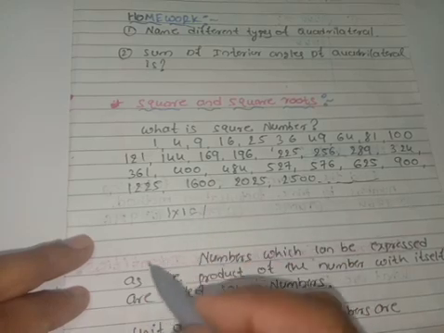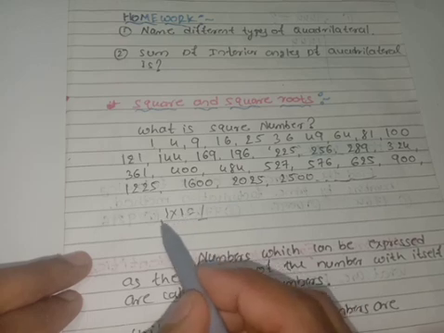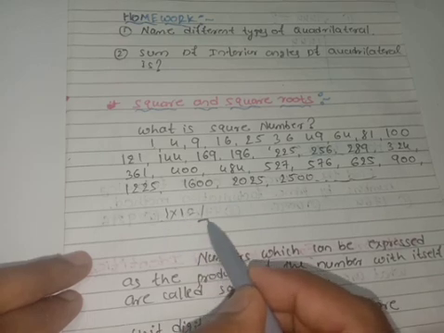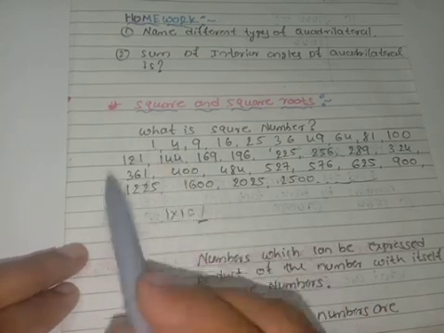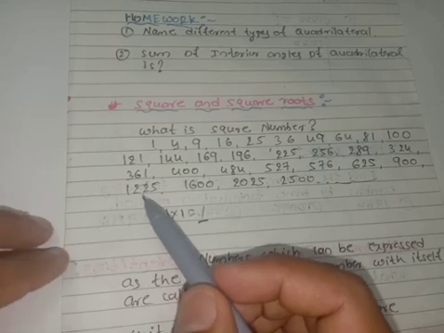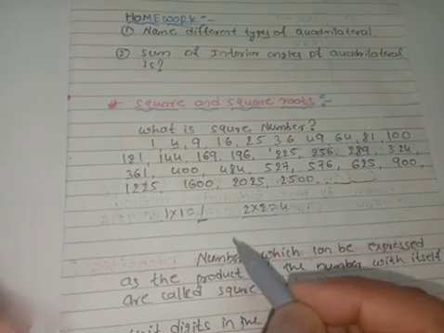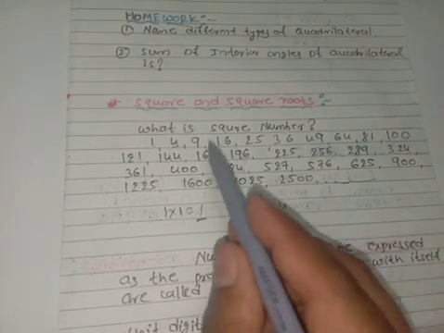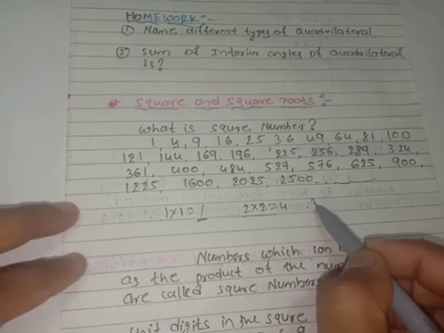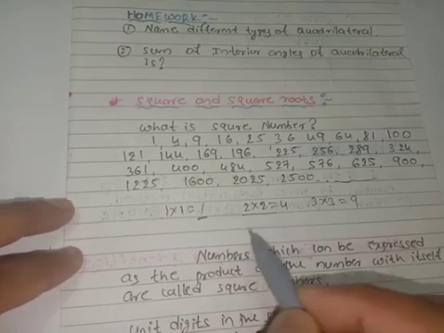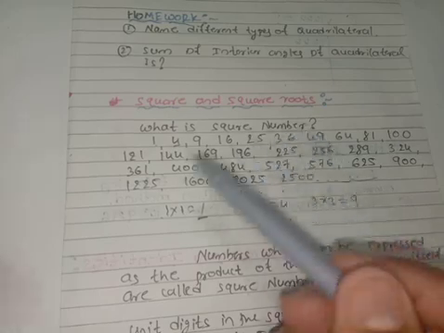1 into 1 becomes 1, and it is a square number. The product of 1 and 1 is equal to 1. It is a square number. And you observe here 4, and it is a square number. It is a product of what? 2 into 2 is equal to what? 4. And what about 9? It is a square number, and it is the product of what here? 3 into 3, and it is equal to 9. So on up to 16, 25, 36, 49 and continue